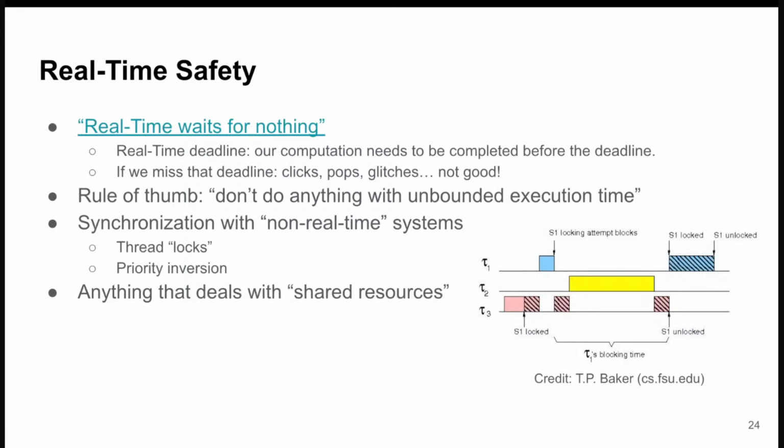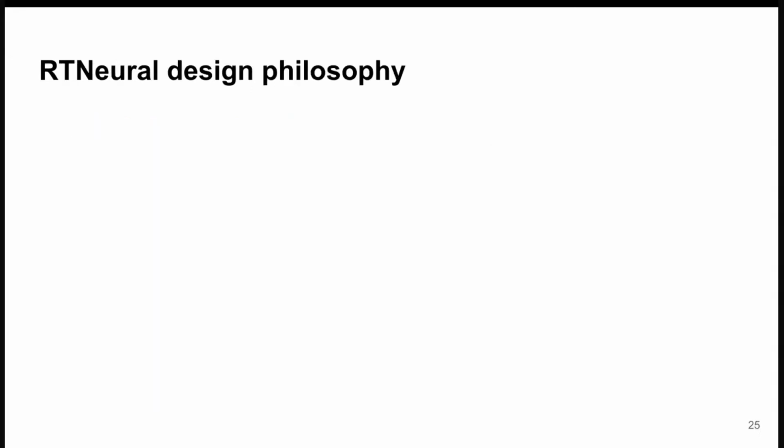That's usually a bad idea in your real-time code because of a problem called priority inversion, where now your OS thread scheduler is trying really hard to get your real-time thread to make progress, but your real-time thread is waiting on some other thread that has a lower priority, and now you're potentially waiting a very long time. This also tends to come up quite a bit whenever you're dealing with some kind of shared resources. So a very common example is memory allocation, but this also shows up when you're doing logging or syscalls or things like that. So those are just some things to watch out for if you're trying to write code that needs to be real-time safe.